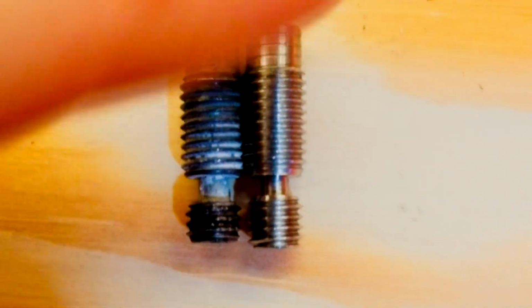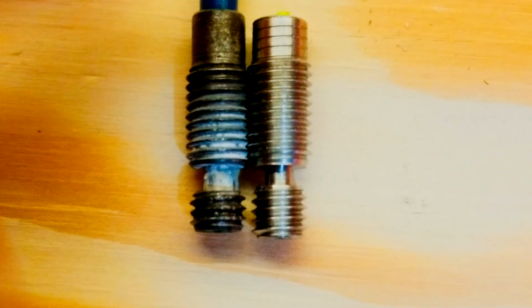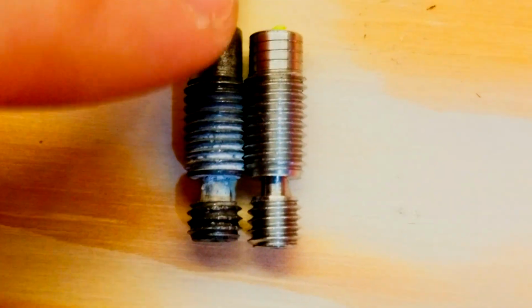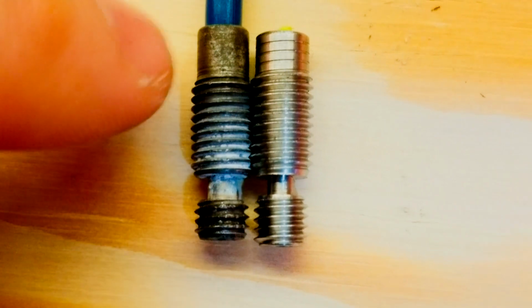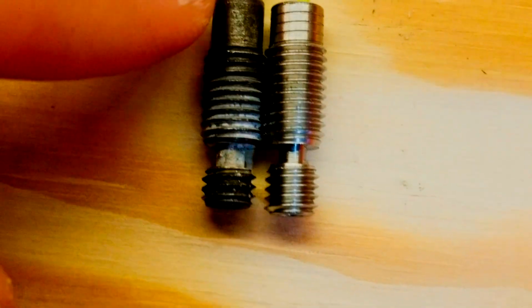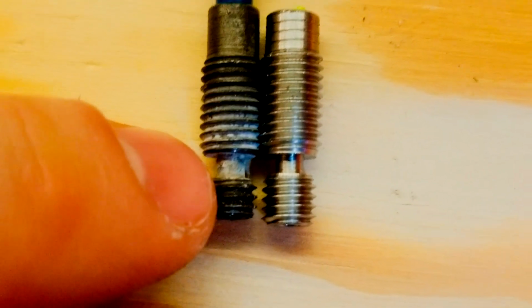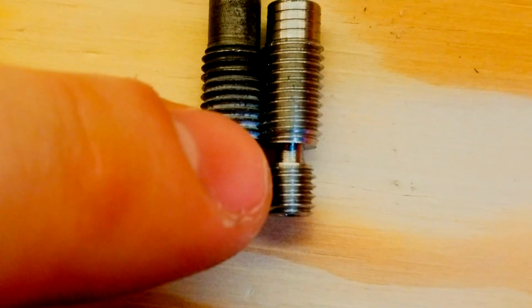But so I took a look at one of my replacement ones here, and we noticed that the length of thread on the top is longer. The machining is better with 4 little grooves in there, whereas there are no grooves in there. But the key is the difference in size between that heat break and that heat break. So if we get closer, if it stays in focus,